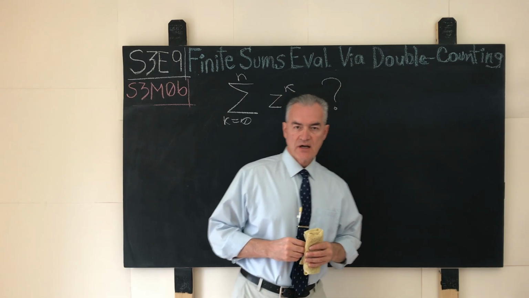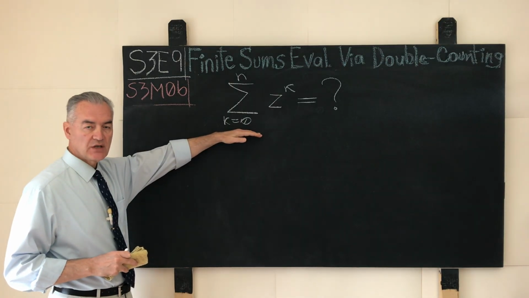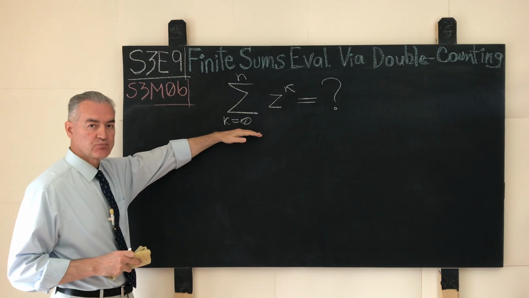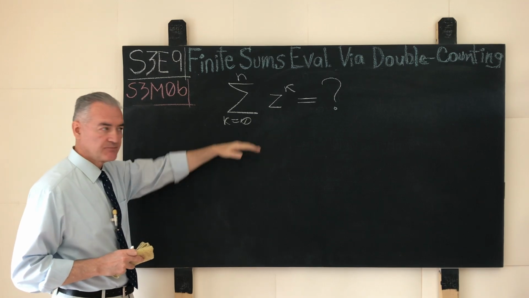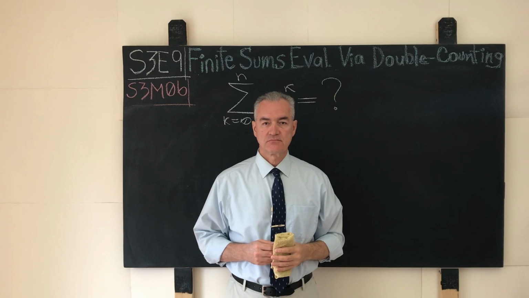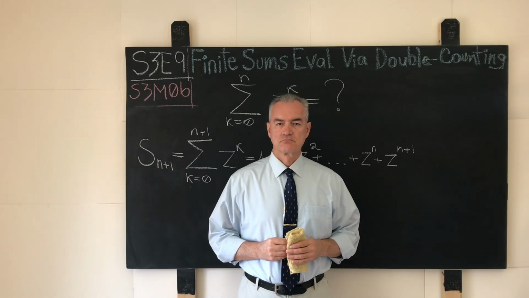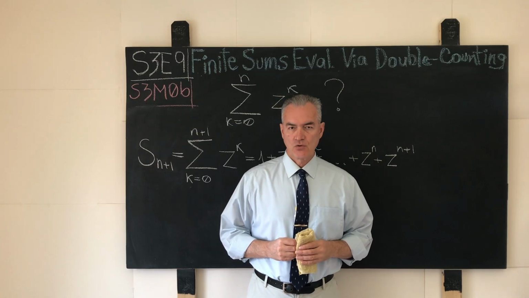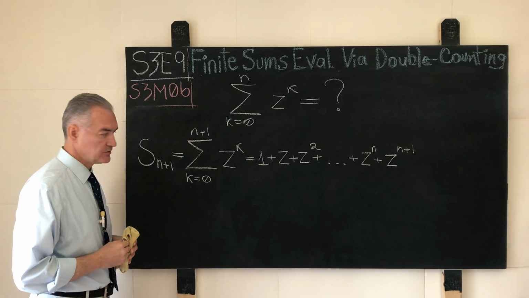As such, given a finite geometric series shown in the middle of the board over here, we want to uncover its alternative expression using precisely the just explained double counting approach for evaluating finite sums. And to that end, we do the following. Iterate the size or the index of the given finite sum rightward once by setting n to n plus 1